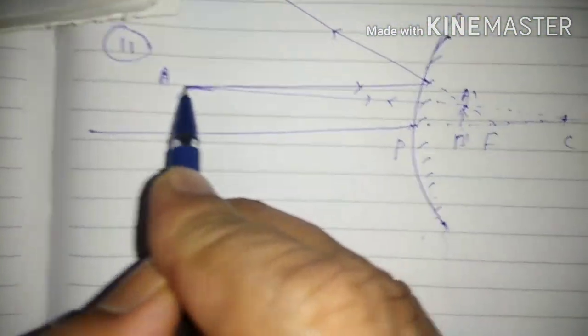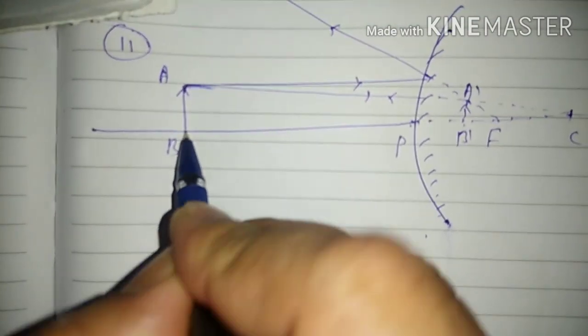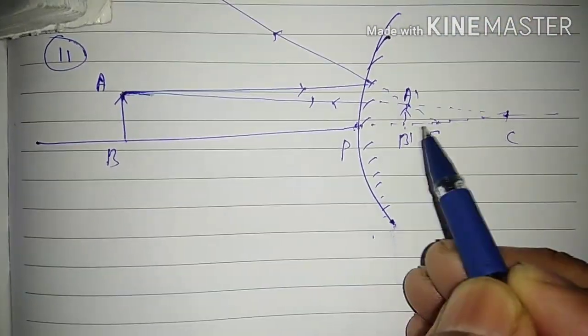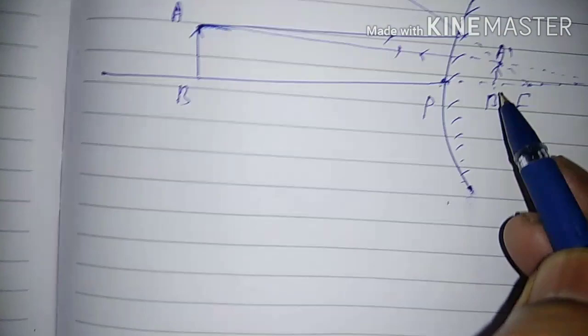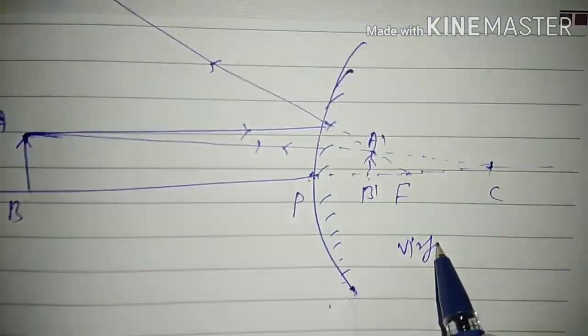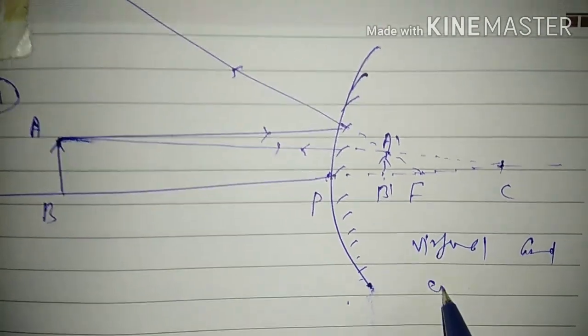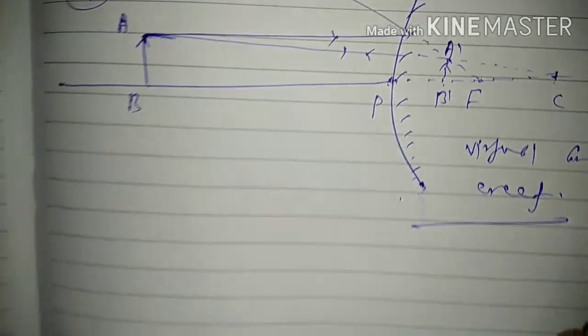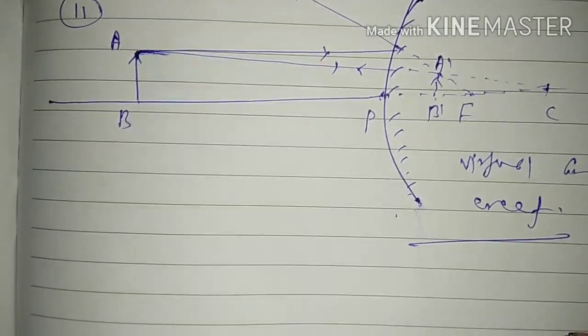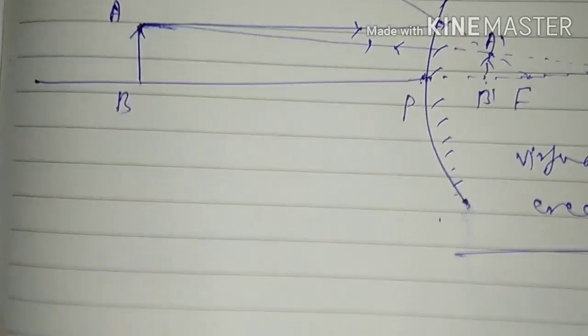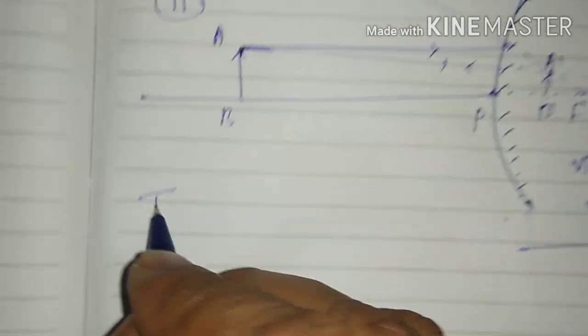Similarly, in the second case, what is the position of the object? Between infinity and pole. So here the object is between infinity and pole at any place. What is the position of the image here? Between P and F behind the mirror. What is the size? It is diminished, and it is also virtual and erect. So the synopsis of all information of image formation by a convex mirror is given in